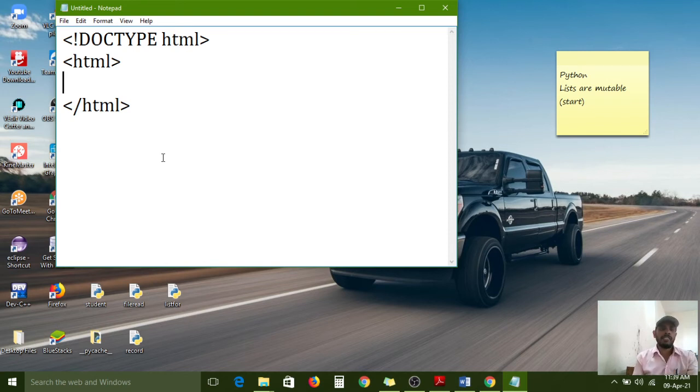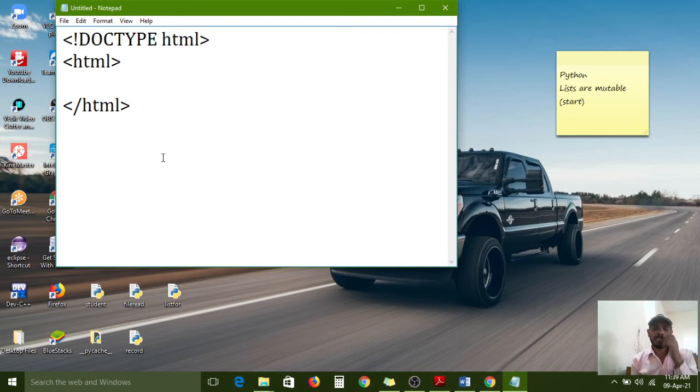HTML is a static language, but JavaScript is a dynamic programming language. In static HTML you can use either lowercase or uppercase letters, it's your wish. But coming to JavaScript, we need to use the related syntaxes, and lowercase letters are recommended because all syntaxes come in lowercase.